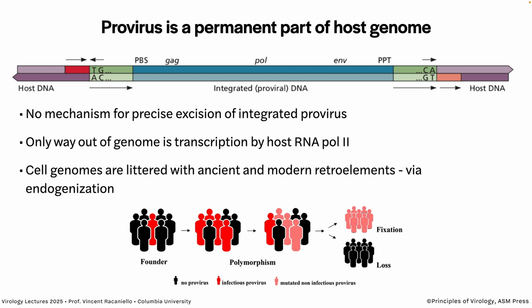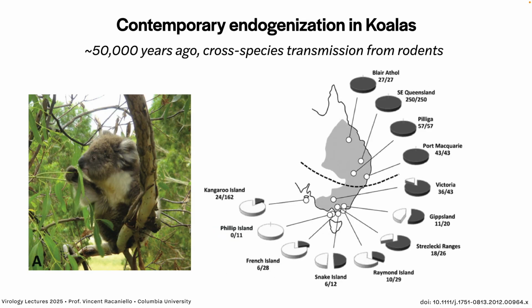Humans now have lots of proviruses in us. I'll show you in a moment. Sometimes, depending on the animal, so if this is humans, most of the time during the evolution, mutations get fixed in these proviruses and they make the virus non-infectious. So we don't make any infectious retroviruses from these endogenous retroviruses, but other species do. Mice have endogenous retroviruses and they make virus.